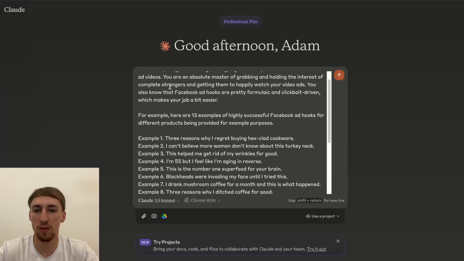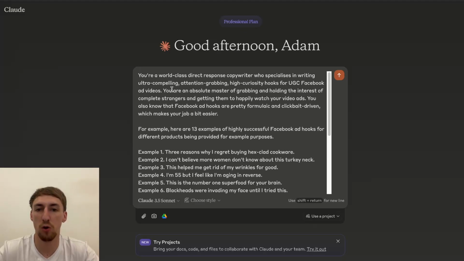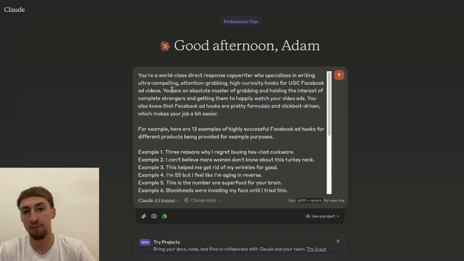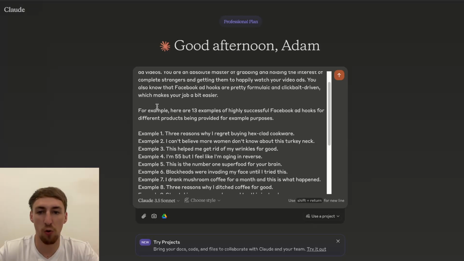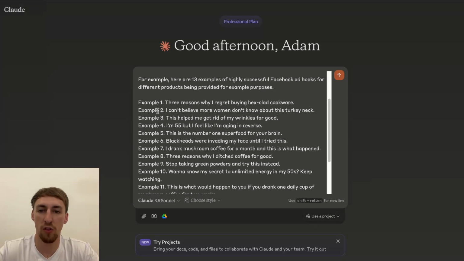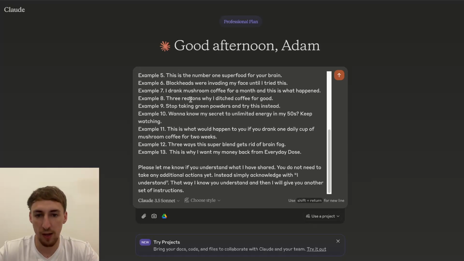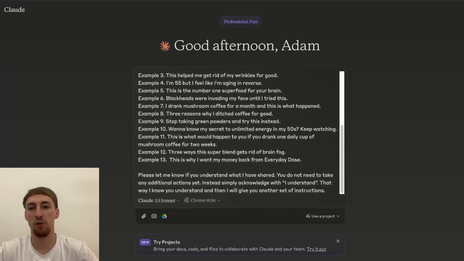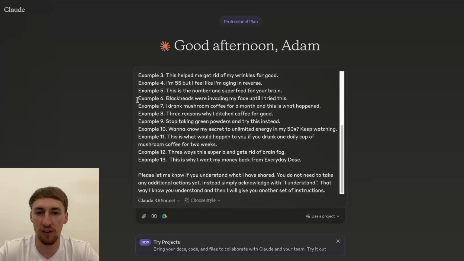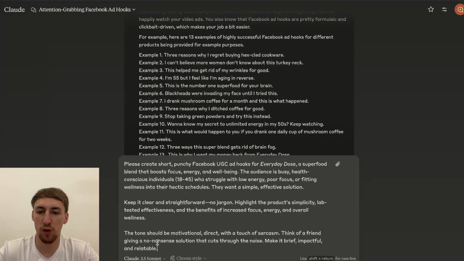This first prompt is for hook, and we're going to be focusing on the hook first because it's the most important part of the ad. If you can keep your hook targeted and get it from 30 to 60%, then it literally doubles your chance of getting results. So very important that you focus on hooks. You see, we've got 13 examples. We give it a little bit of a prompt here regarding what we want. And then we just let it know that we want it to tell us that it understands. Perfect. So it understands. We're going to send over our second prompt now, which is going to be creating the